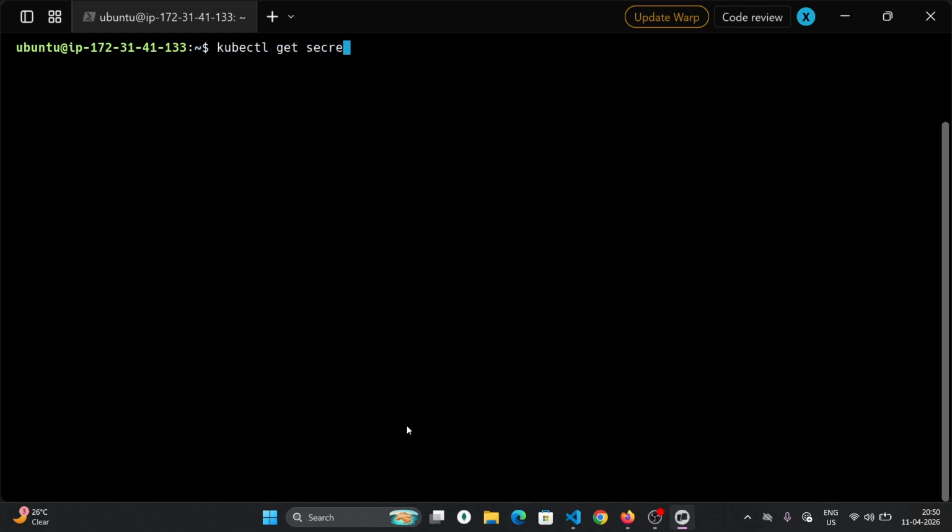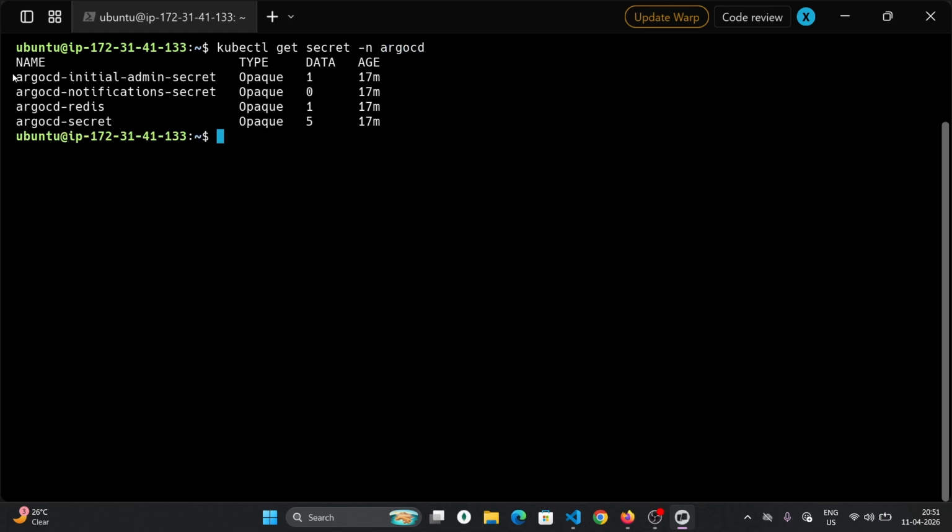The first thing we have to do is get the password from the ArgoCD initial admin secret. kubectl get secret, -o jsonpath, .data.password,